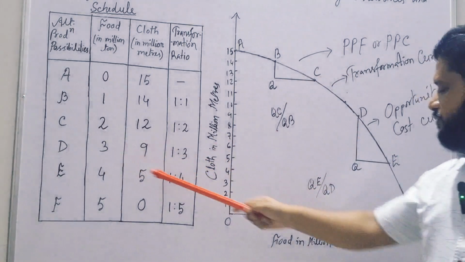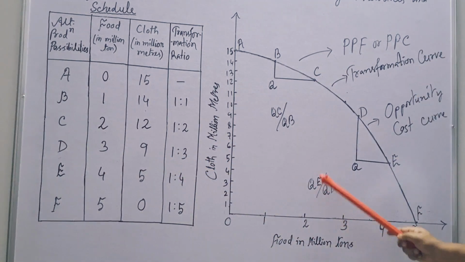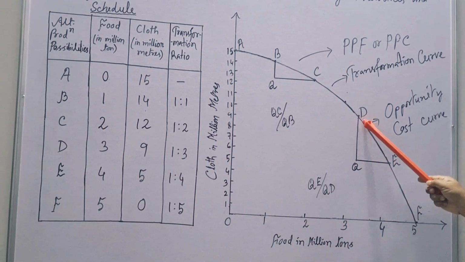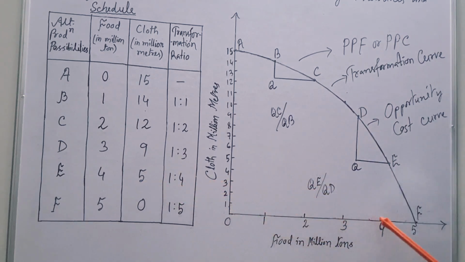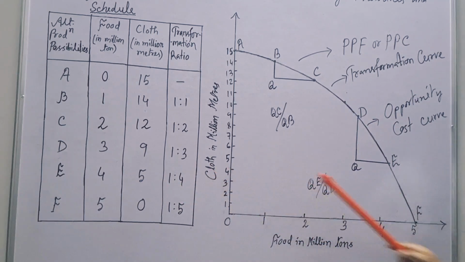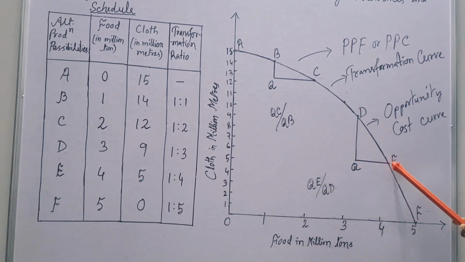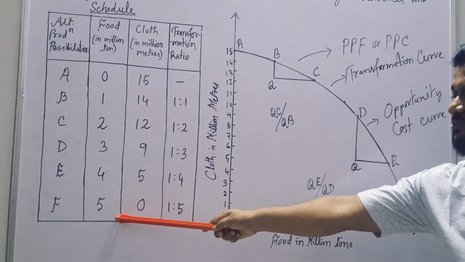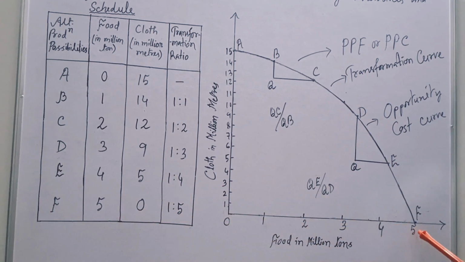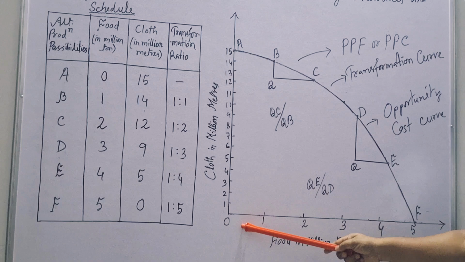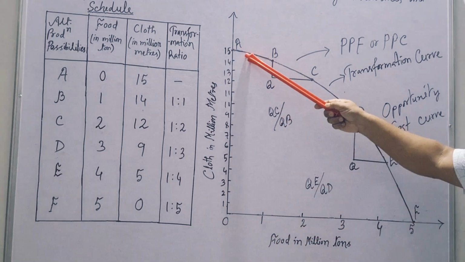In combination D, food is 3, cloth is 9. You see 9. In combination E, food is 4, cloth is 5. Here 5 you see. And in combination F, food is 5 and cloth is 0. There is food 5 but cloth is 0. You see that at point A,